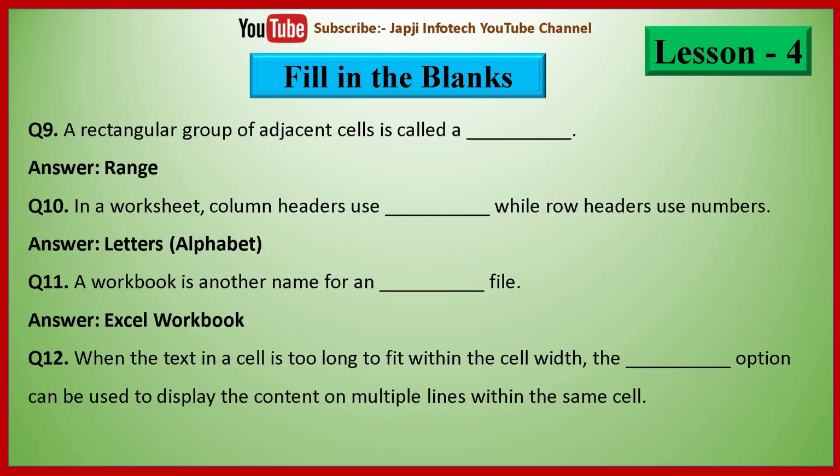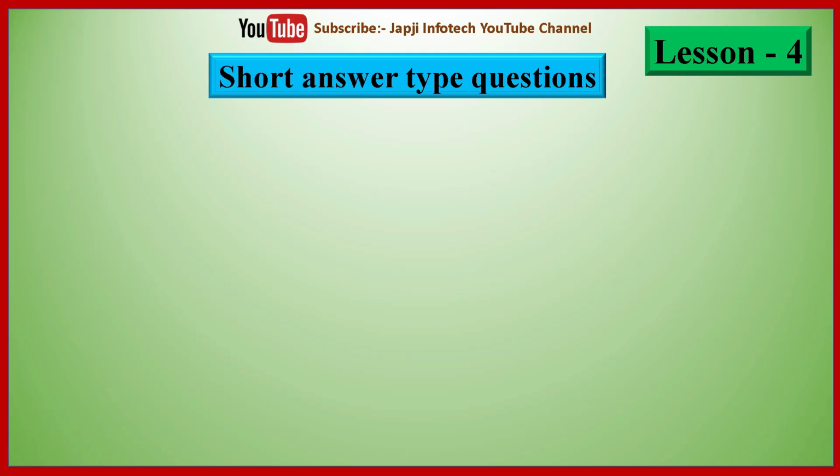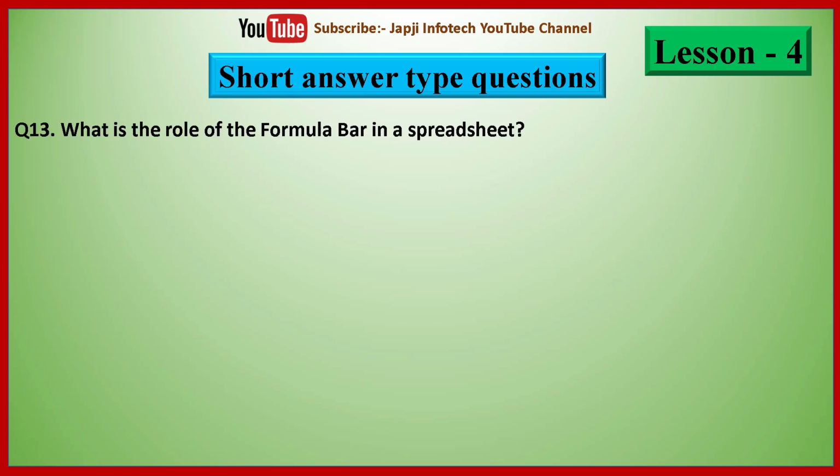And 12th question is, when the text in a cell is too long to fit within the cell width, the dash option can be used to display the content on multiple lines within the same cell. And the right answer is, when the text in a cell is too long to fit within the cell width, the wrap text option can be used to display the content on multiple lines within the same cell. So now we will study short answer type questions in this part, in which question number 13 is, what